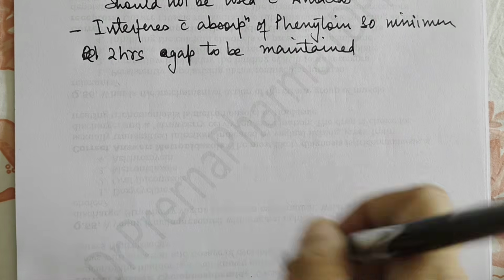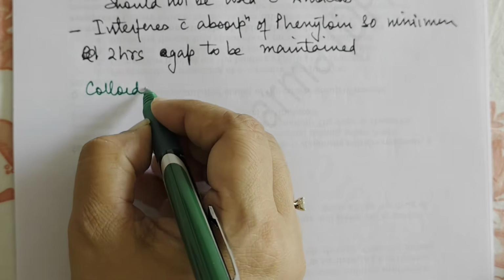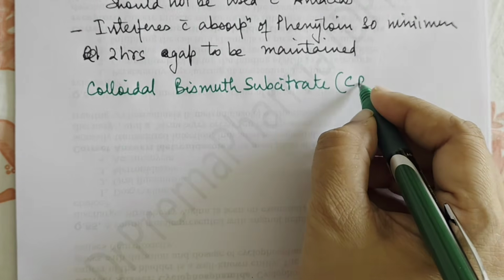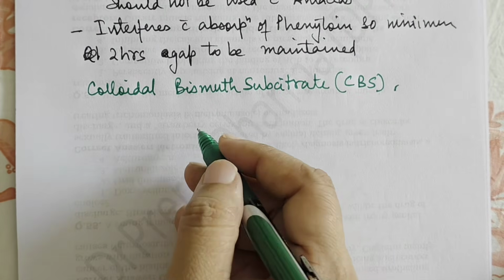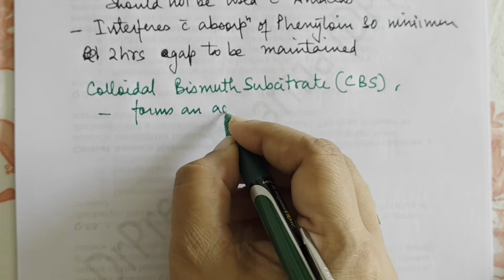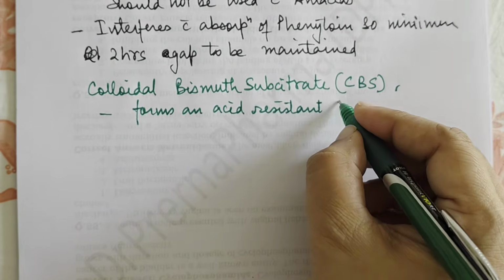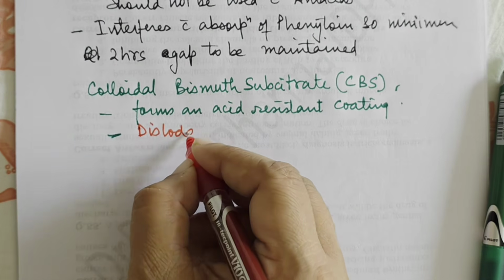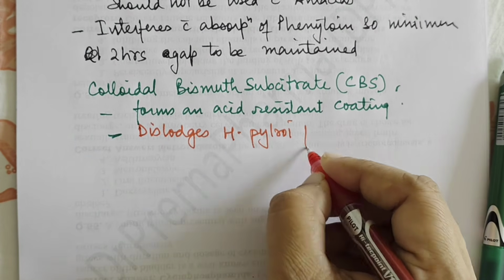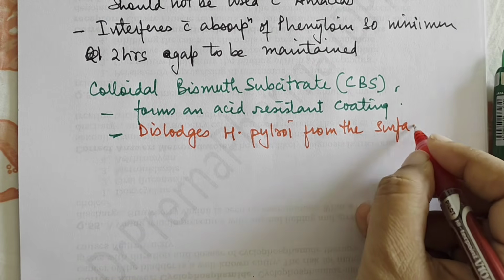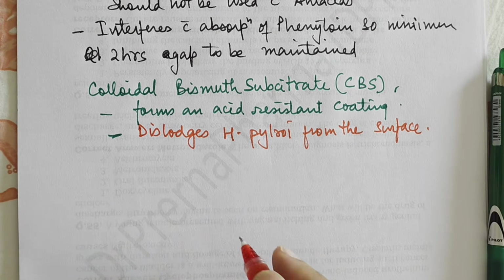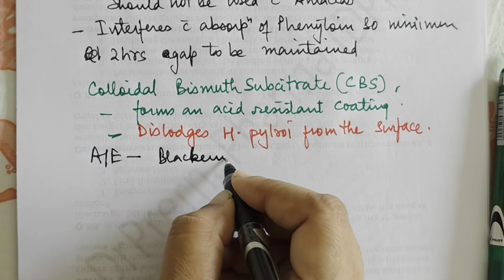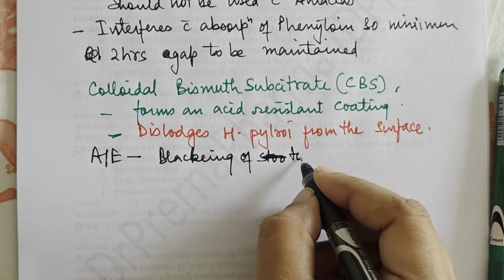Okay, the next ulcer protective agent is colloidal bismuth subcitrate. This is also called CBS. Now CBS basically again forms an acid resistant coating. CBS has one more very important action. It dislodges H. pylori from the surface, from the mucosa. That is why CBS is also used in H. pylori induced ulcers. Now the adverse effects of CBS: it causes blackening of stools, blackening of tongue, and bismuth